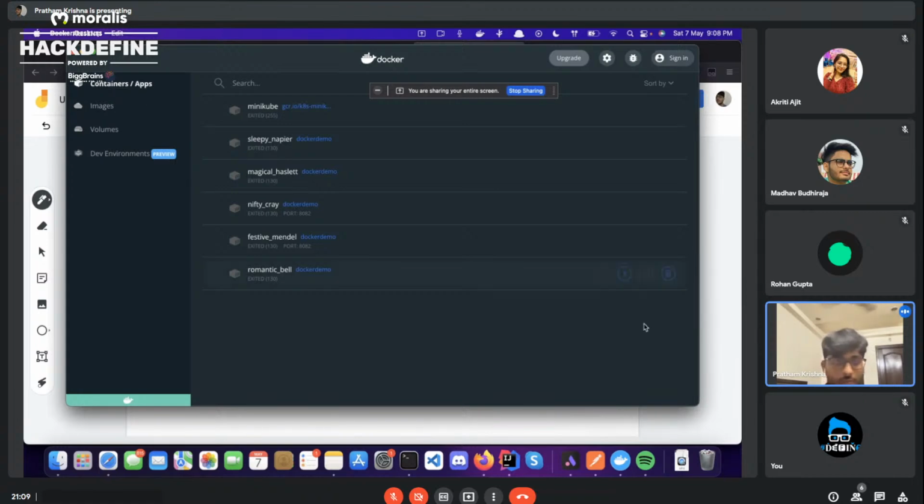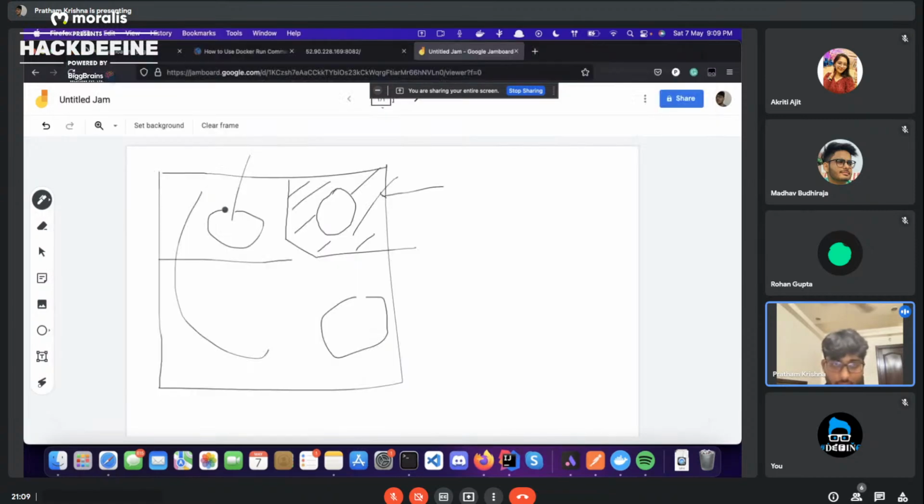Okay, so let's understand what images are. Every application, let us say your backend application, has a specific configuration. For example, it could be running on Node.js version 17 or 14, or it could be running on Java 8 or Java 11. So that specific configuration has to be implemented in this entire container, and the image that is built by this configuration is called a Docker image.